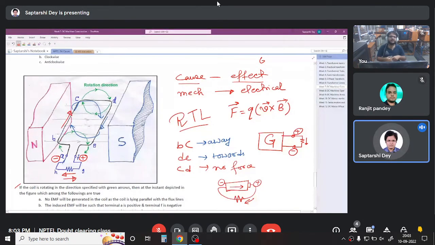But this is a DC generator. I cannot have an AC current out of a DC generator. So what is the solution to the problem? The solution to the problem is,